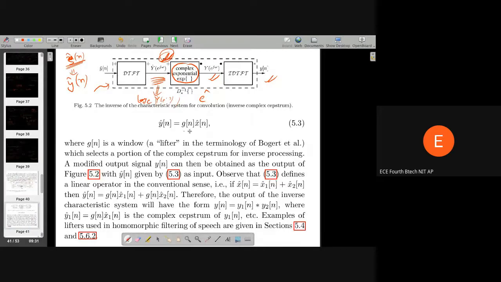So this y[n], as I said, has a window. g[n] is a window, a lifter, just a play of words on filter. We put a rectangular window there, basically selecting the first few components or the last few components of the Cepstrum, and then we do this discrete time Fourier transform to get